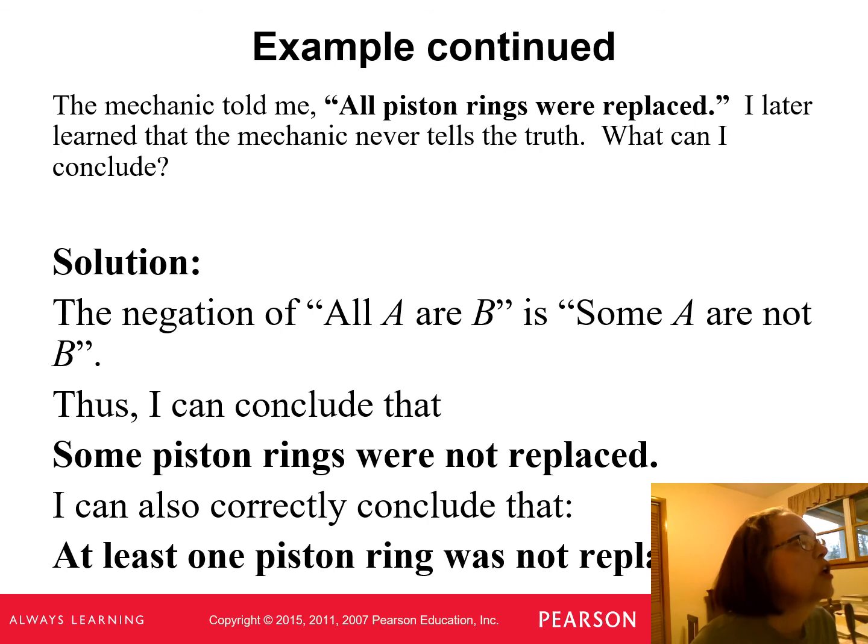And I can also conclude that at least one piston ring was not replaced. So the negation of all something is at least one is not that something. So if I say all cats have hair, but if I say there's at least one cat that doesn't have hair, the Manx cat, this hairless cat, is out there. So you can look at